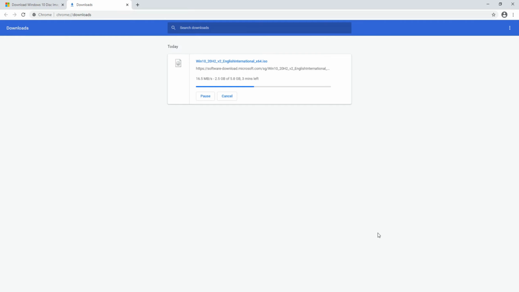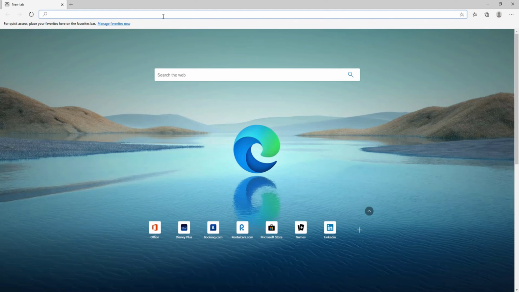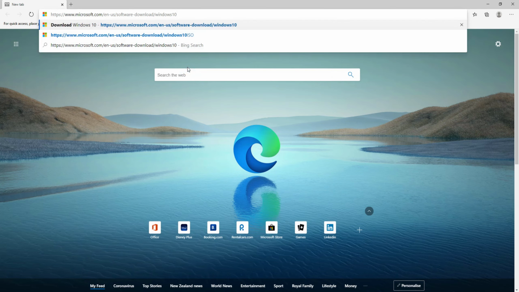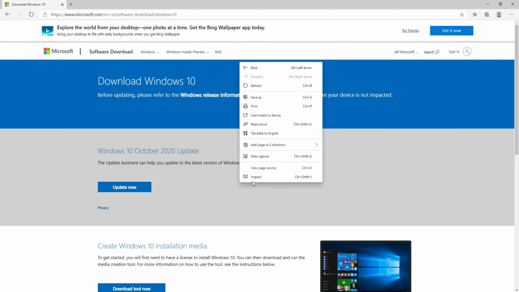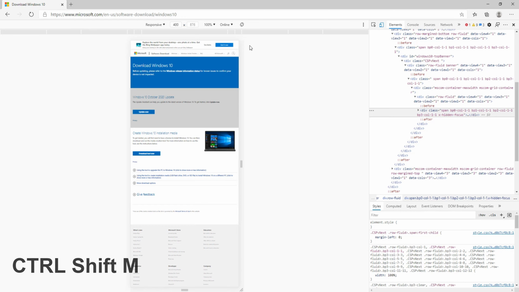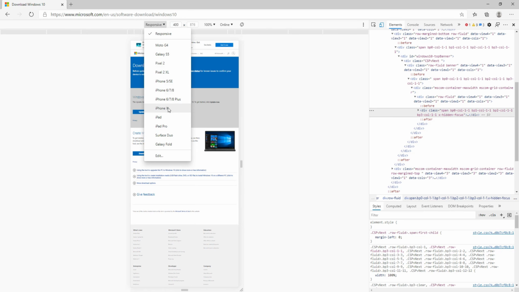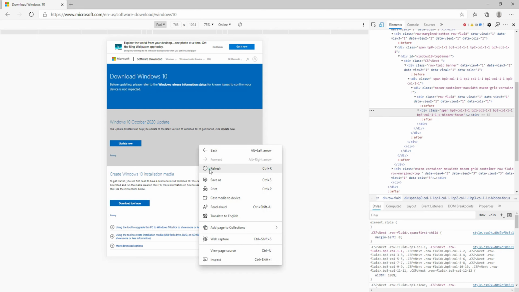Right, so we'll just leave this downloading and I'll show you how to do this process in Edge. So if we just go to Edge browser and we'll just paste in that same link that we were at in Chrome. Now just right click with your mouse on the page, click on Inspect, very similar to Chrome, Ctrl-Shift-M again, and that'll take us to this emulation window, and we'll just click on iPad again, right click on the web page and just hit refresh,